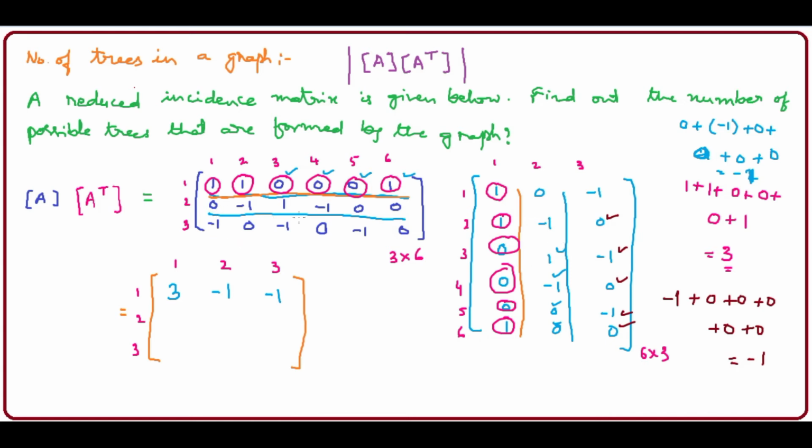Okay, now let me consider the second row of the first matrix with all columns of the second matrix in the same manner. So please try to follow me. So this is starting with 0. So 0 into 1 is 0, plus minus 1 into 1 is minus 1. Let me write here. It will be minus 1. And 1 into 0 is 0, minus 1 into 0 is 0, 0 into 0 is 0, 0 into 1 is again 0. So it will be minus 1 only.